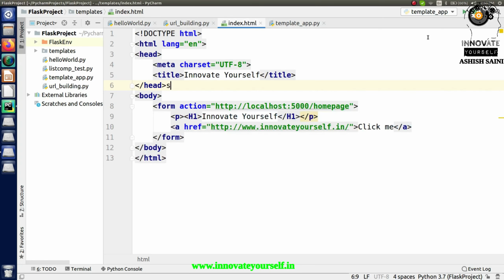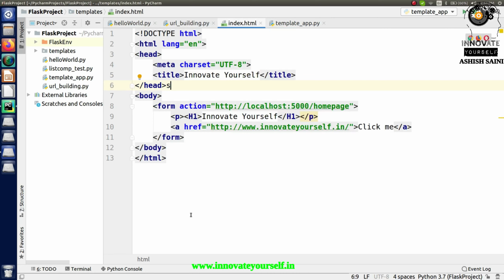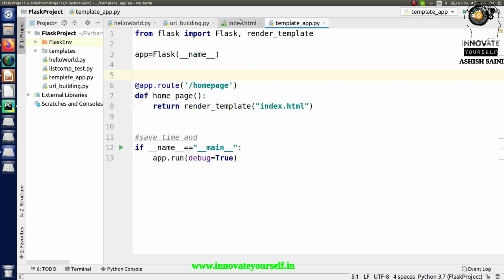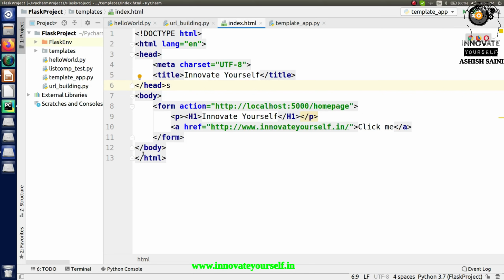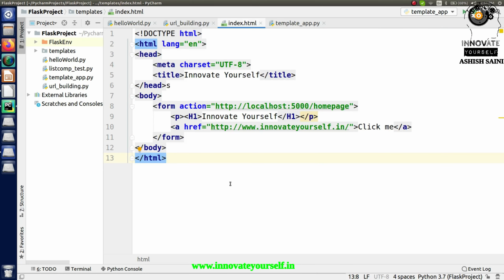Okay, so let's start. In the last session, as you can see here, we already created one application, and in that application I was calling this web page which I created here. Instead of writing the code in the program, I can now call it directly and see whatever I have added into this HTML page. Now in this session we have to append some more things to this, but before starting let me tell you what exactly we are going to do.